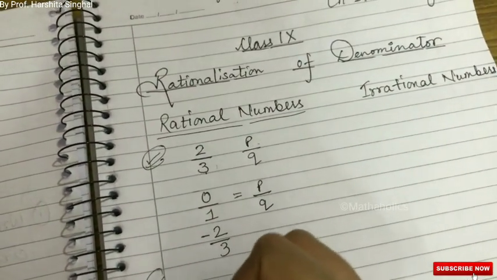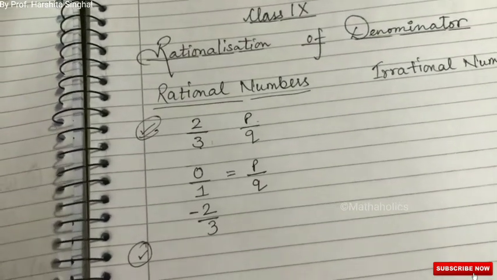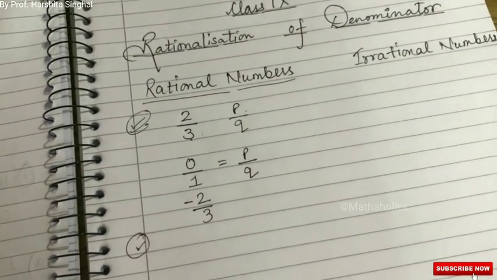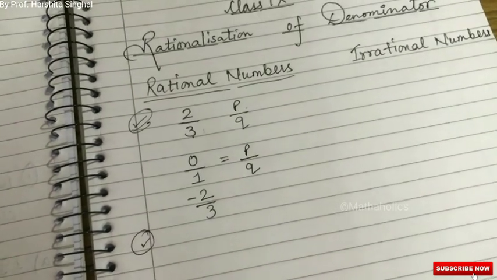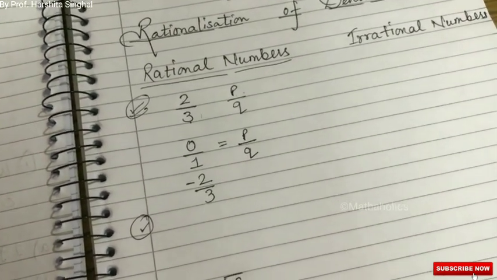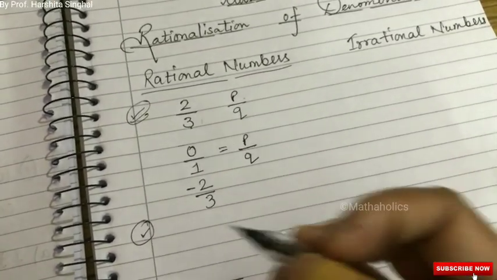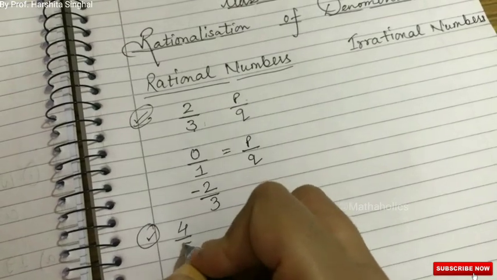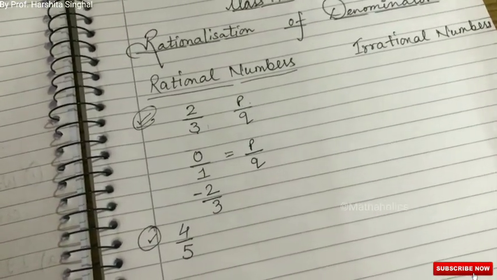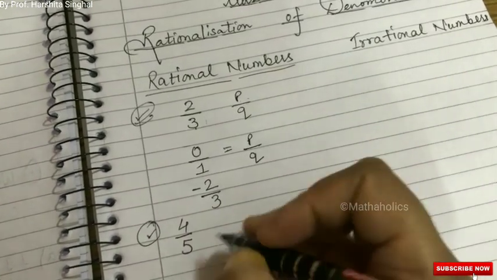Okay, now the second point is, when you express a rational number in the form of its decimal expansion, its decimals are either terminating or periodic as well. It means, let me give you an example. Suppose I am writing 4 upon 5, and if you convert this rational number into its decimal form, so your